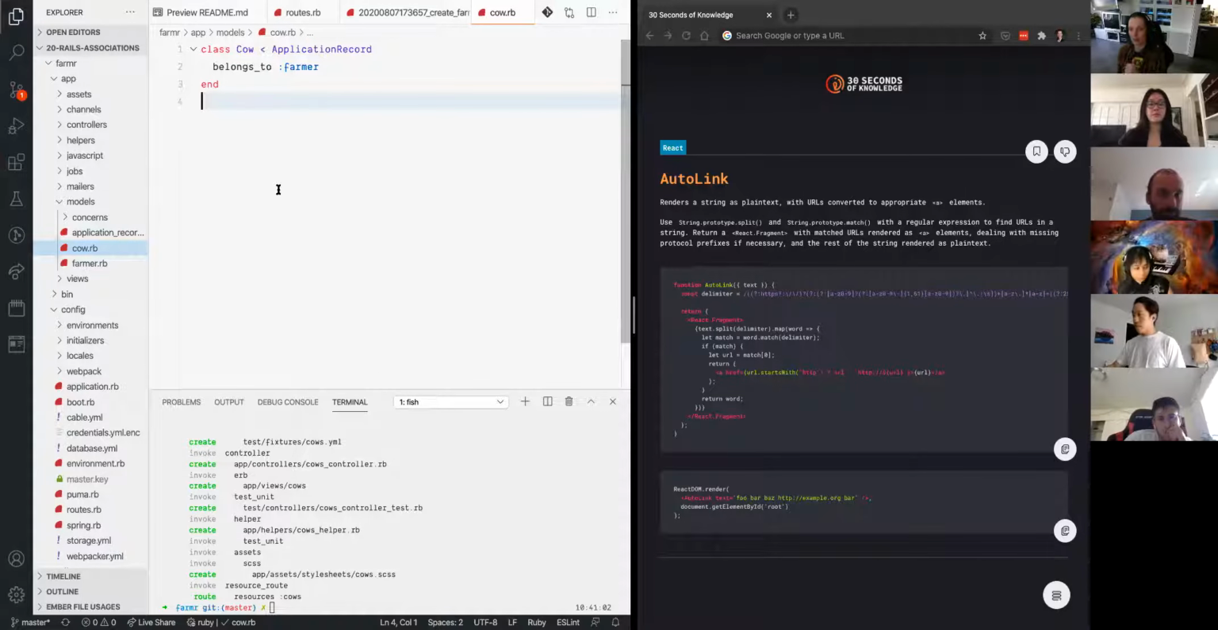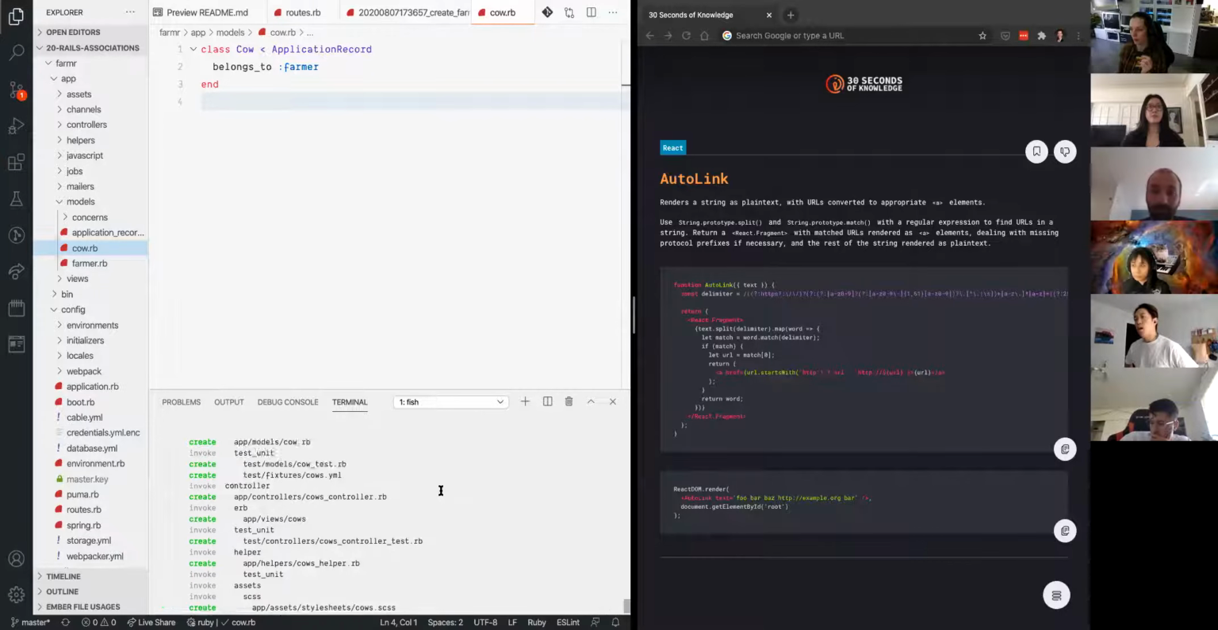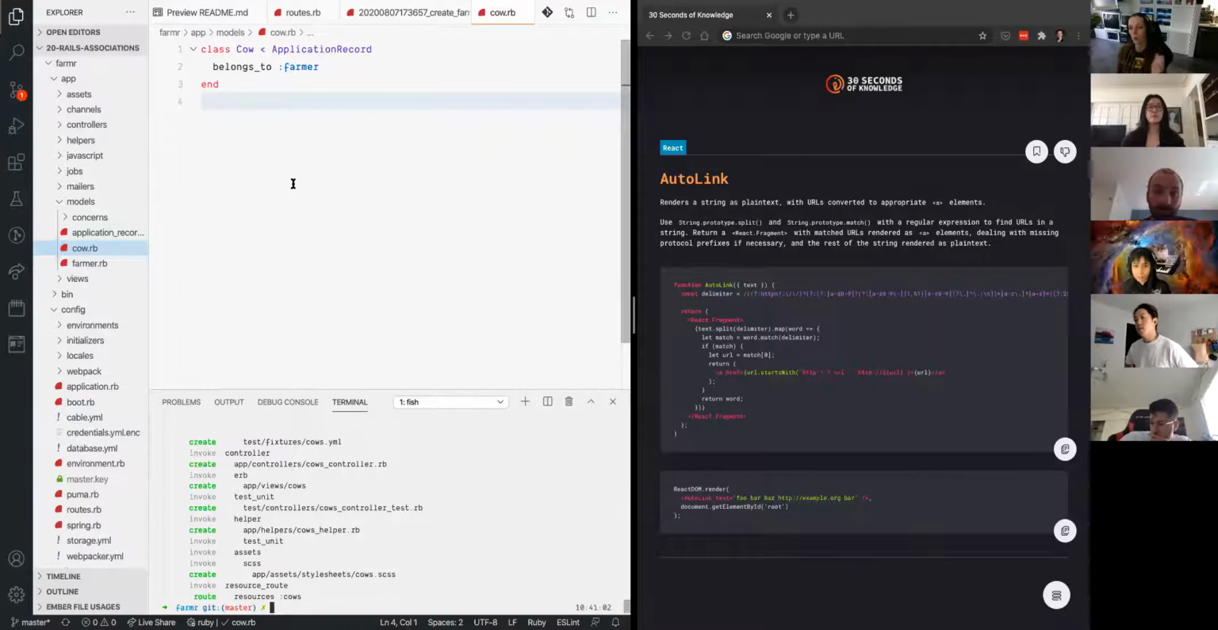So a couple of things that this adds for us when we add this references in our generator. First of all, it adds our belongs to relationship in our model. So this is how we connect our different models. We have our cow that belongs to a farmer, right? And our farmer has many cows. Please remember that if you use this generator with the references, we only have one side of the relationship in our models created. We only have the belongs to. If we go to our farmer's model, we do not have the has many,